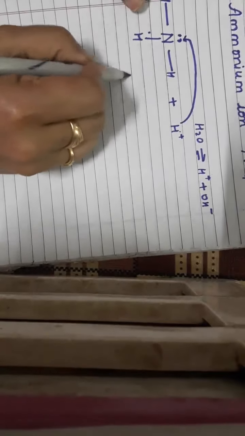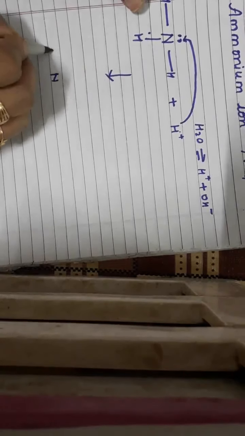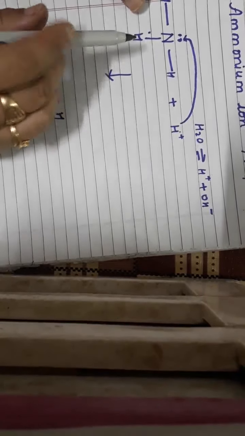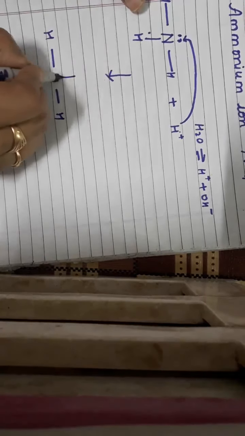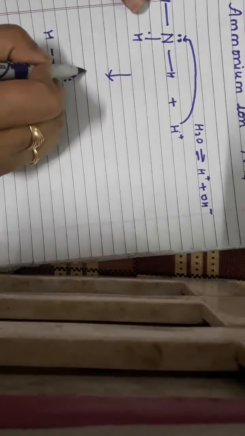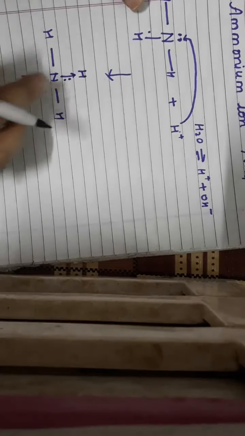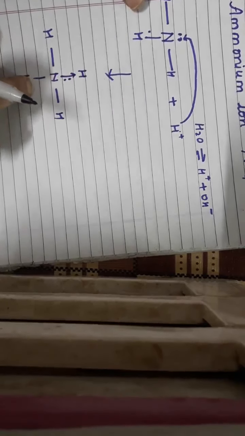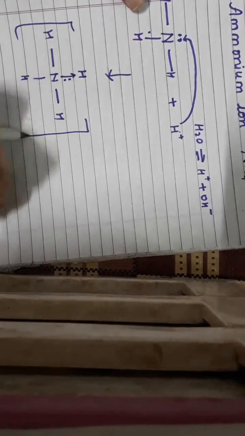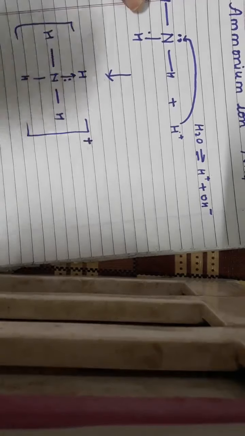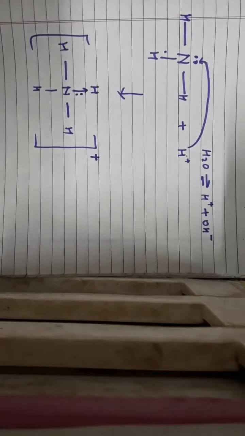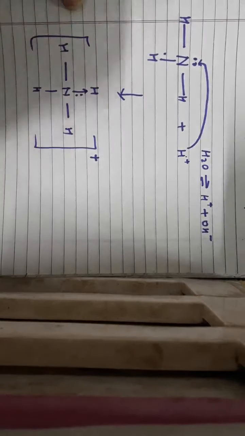Now what happens? Nitrogen already has 3 covalent bonds with 3 hydrogens, and this one pair of electrons, which is only of nitrogen, will be donated to this hydrogen, but then it will remain shared between them. And as one proton is being added to a neutral molecule, the overall ammonium will carry a positive charge. Once again, how is ammonium ion formed? It is formed when ammonia is dissolved in water.